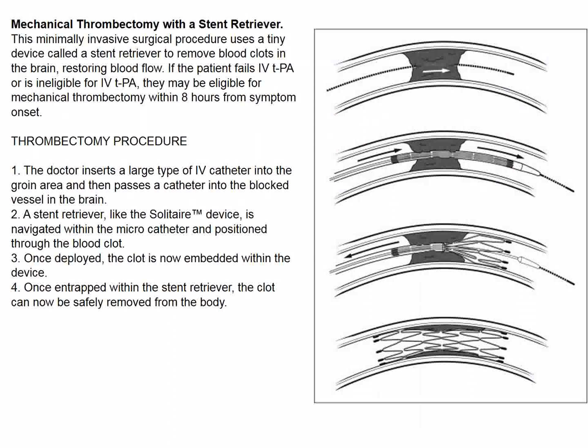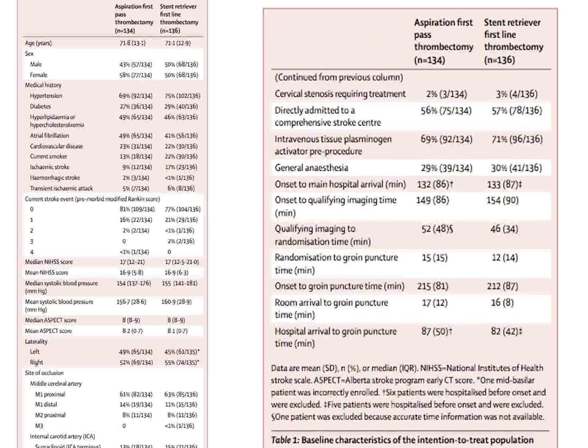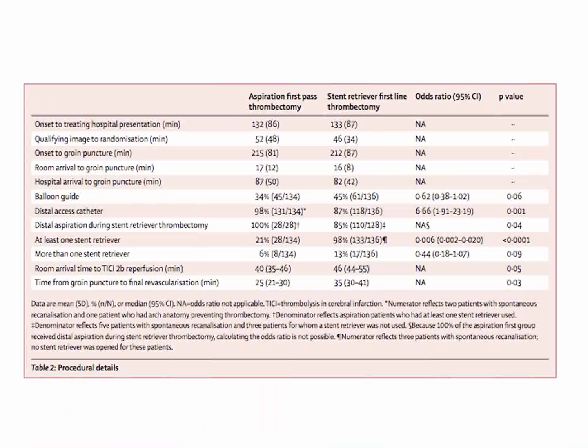An alternative strategy is to put a wire through the thrombus, then move the catheter through the thrombus, and then squish the thrombus against the wall by putting in a stent retriever. I know little about the technical aspects of this, but basically what was done here is aspiration thrombectomy was compared to stent retriever strategy. And you'll be happy to know that a fairly large number of acute stroke patients are eligible for this therapy, but it looks like the two products were similar in terms of outcome,